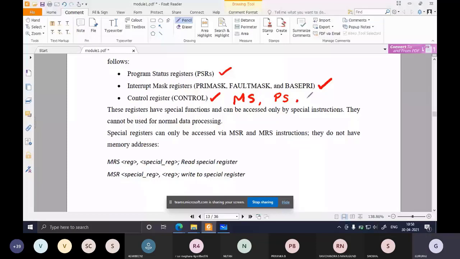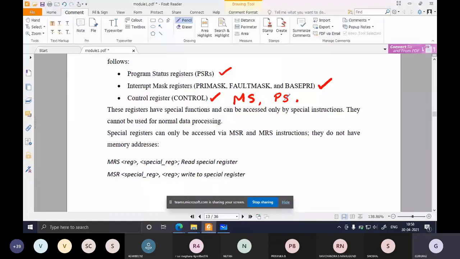It is also used to give access to some special function registers. We shall see that later. For now, just remember the control register is used to switch between the main stack and the process stack.